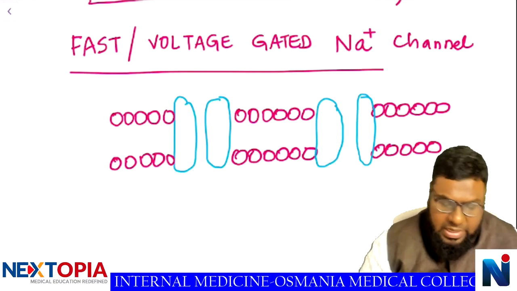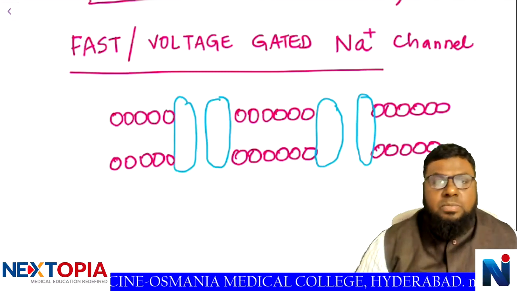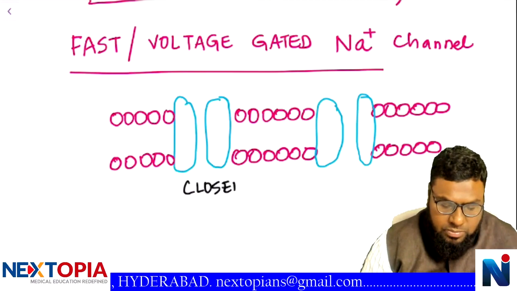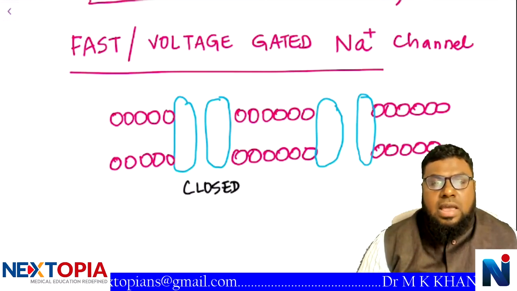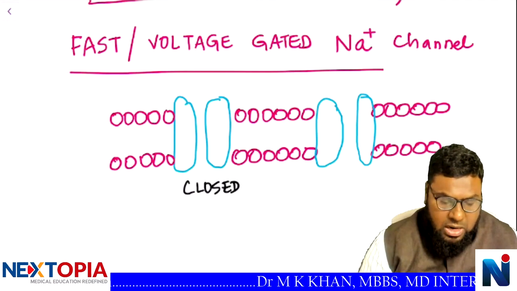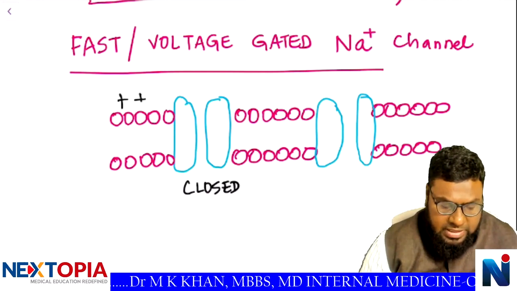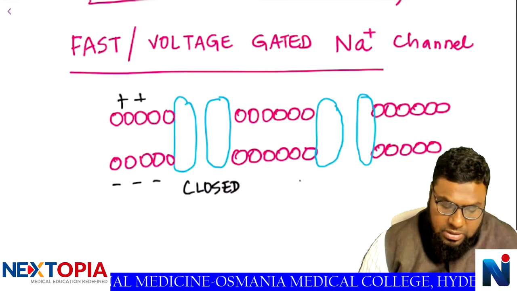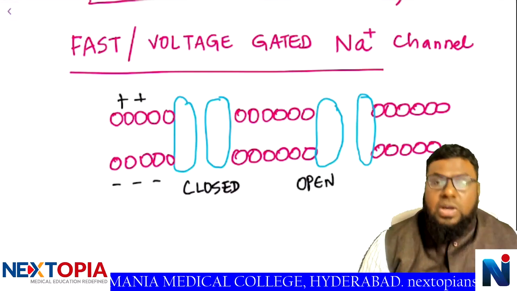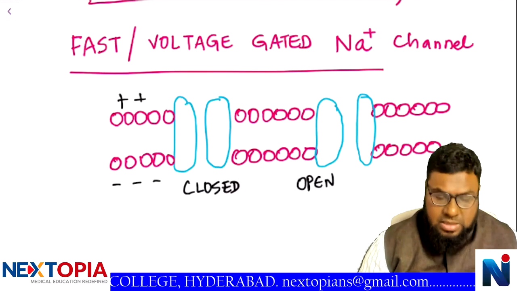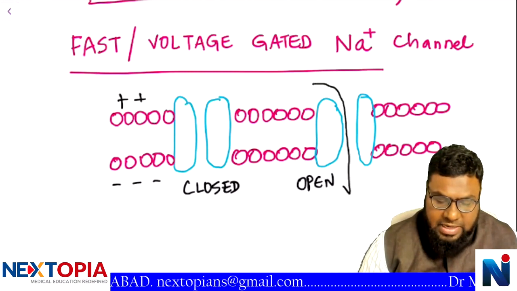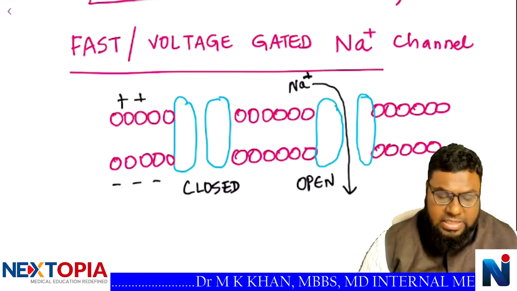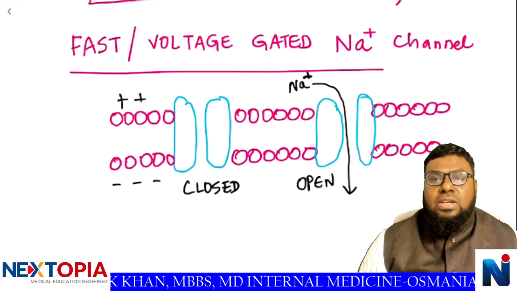If you talk about the entry and exit of sodium, suppose this is a channel. In a resting state it is closed, and outside we have positive charge, inside the cell we have negative charge. This you all know. Once it is open, because of the voltage difference, it helps in movement of sodium inside the cell. Hence we call it voltage gated, and this is occurring rapidly, so we call it